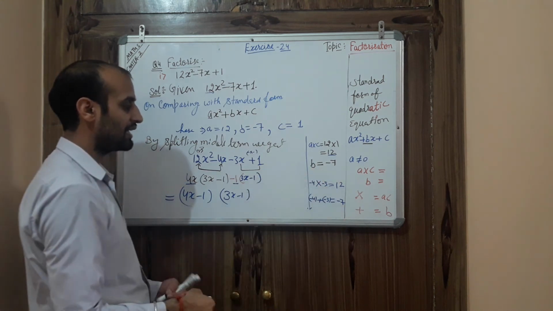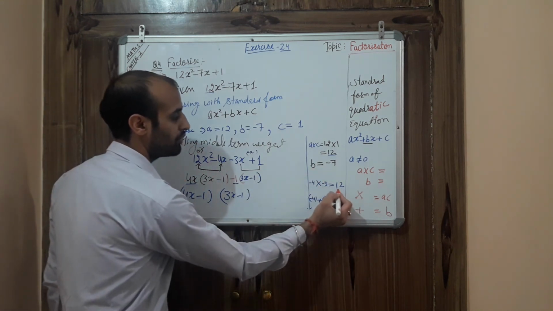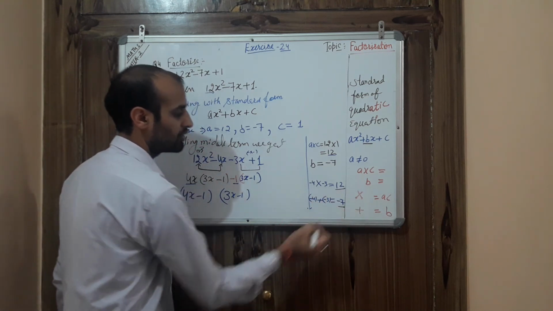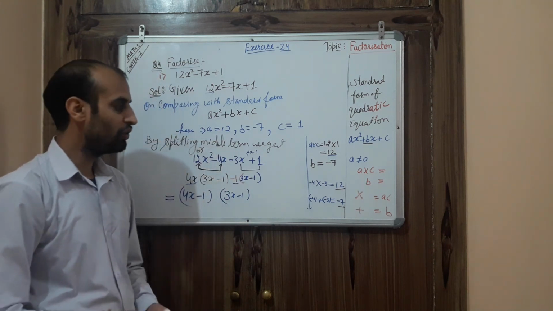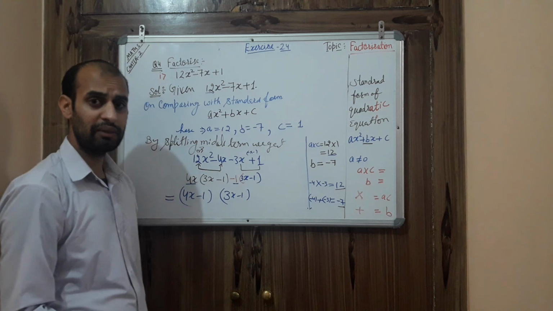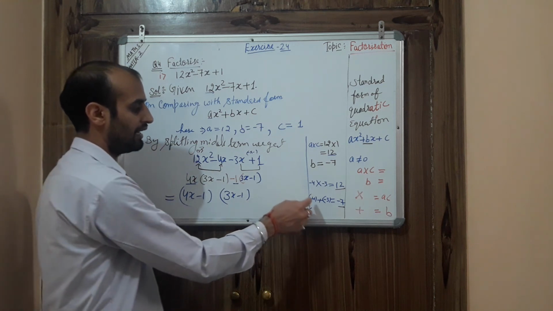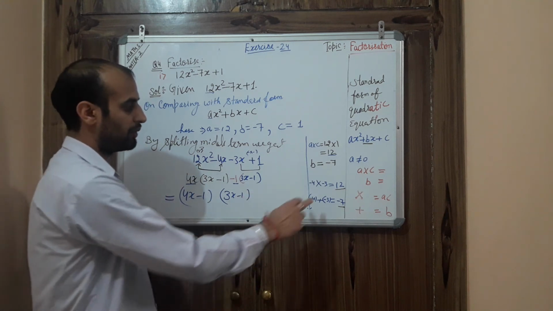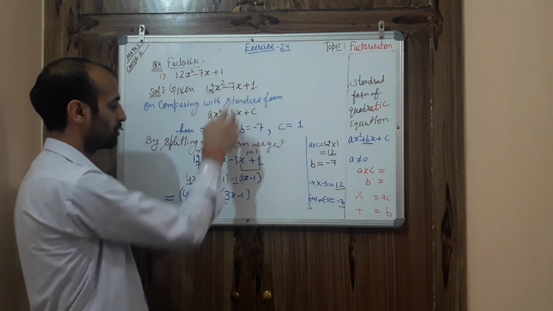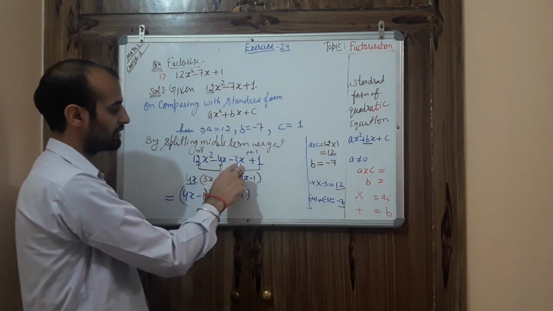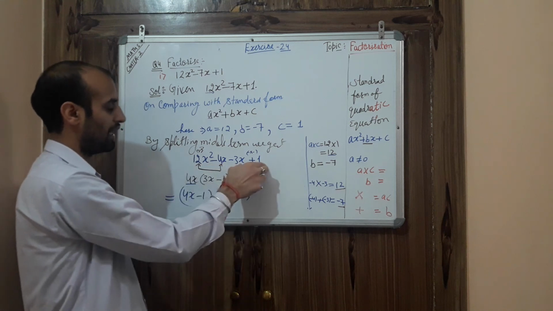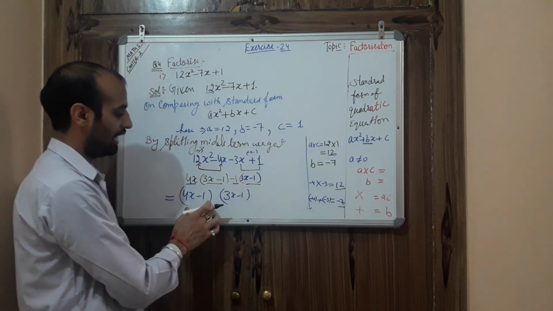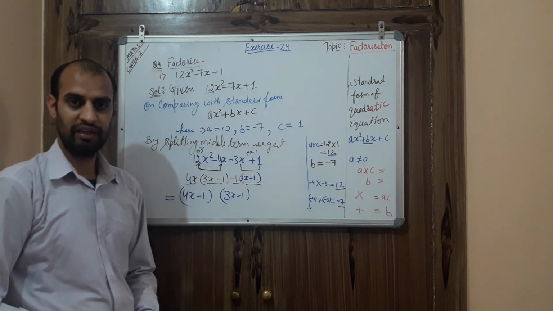Write it as such. Next, your task is to find two numbers. If you multiply them, you get 12, and if you add them, the answer must be minus 7. As I told you, you can write all the possible tables for 12 and find the numbers. I tried as I told you. Then find the numbers. After finding the numbers, substitute them in place of the middle term. So here I substituted 4x and 3x. Now take common from the first two and the last two. Then this factor is common in both this one and this one. Take it out and you will get exactly two factors. I hope it is clear to you.